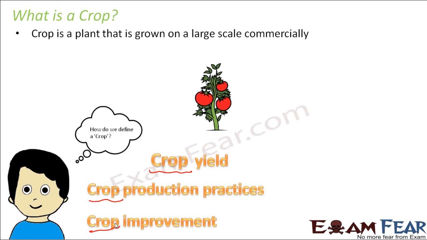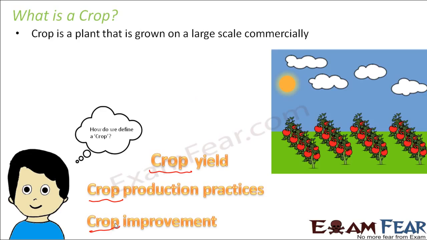One plant will always be called a plant, but when you have hundreds of the same plant being grown for commercial purpose, it is called a crop. When you have thousands of tomato plants growing on a field like this, it is definitely not for the use of one family. It is for a huge mass of people. So it is a commercial production of tomato, and then it is called a crop. I hope you understand what a crop is and when we use the term crop.